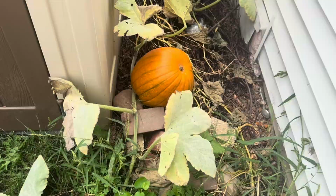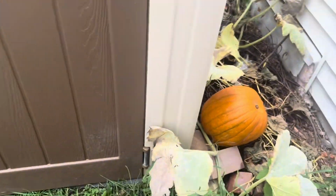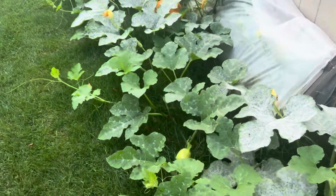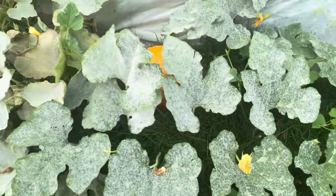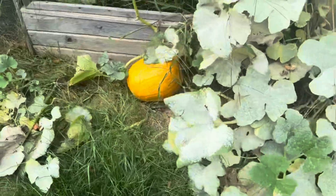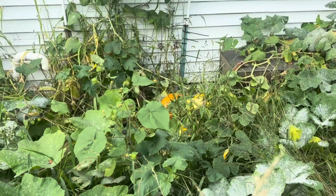Meanwhile, while I was working on that stuff in the kitchen, my wife was working on the side of the house harvesting some pumpkins. Our pumpkins are about all orange, and the plant seems to be dying back. So we're gonna cut that one off. And this is literally taking over. So that one's pretty orange. We're gonna take that one off. And this one, there's one way back there. I don't know if I'm gonna get to that one or not, but